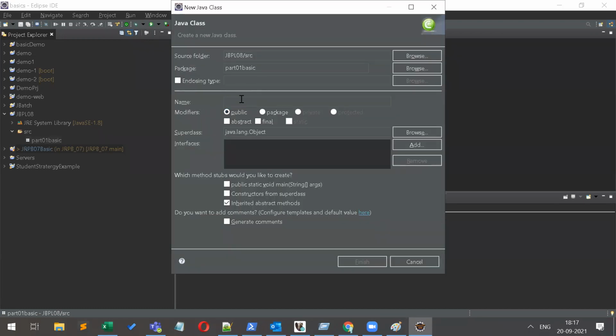Here you can give any name, but there is one mandatory rule: the first letter must be capital. So I am writing here HelloWorld. The class name must start with a capital letter, and simply click Finish.